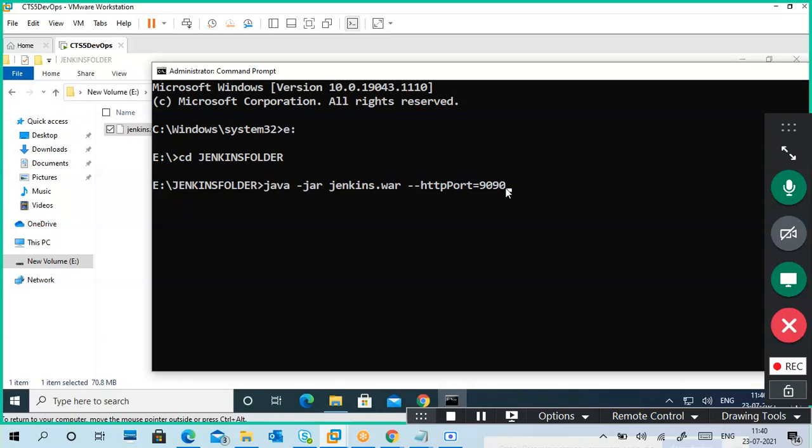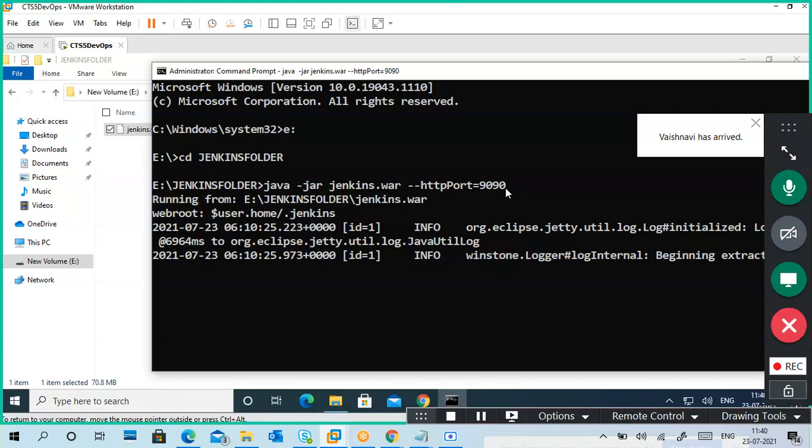So I have to open Jenkins again with this command only. This is a constant command, not only for first-time installation. Every time you want to open Jenkins, you have to use this command. You want to install it in a physical machine.